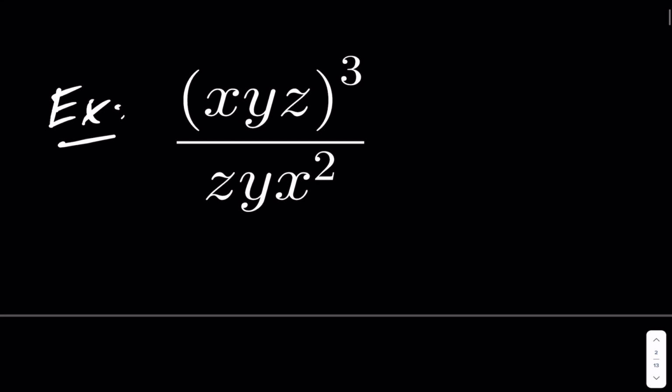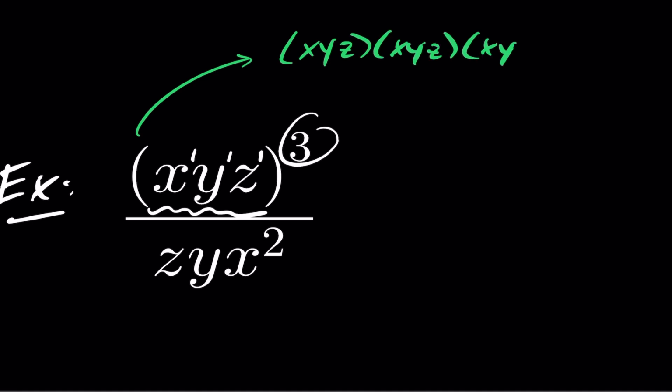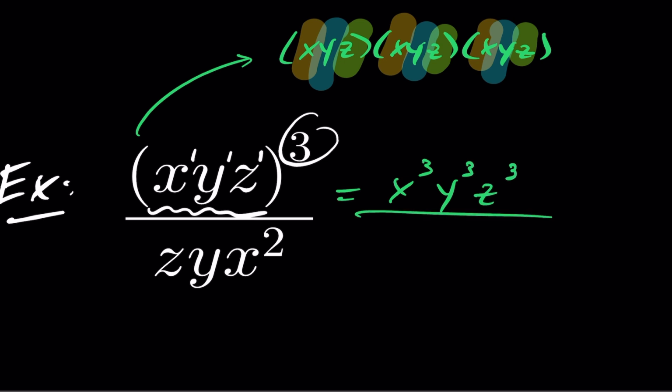For this problem here, you'll notice the power of 3 has 3 bases here. This is a 1, and a 1. And typically when that happens, if you were to write it the long way, it would be x, y, z times x, y, z times x, y, z. And you can see, because you can rearrange things, you can put your x's together, your y's together, and your z's together. So this ends up being x cubed times y cubed times z cubed, all divided by,